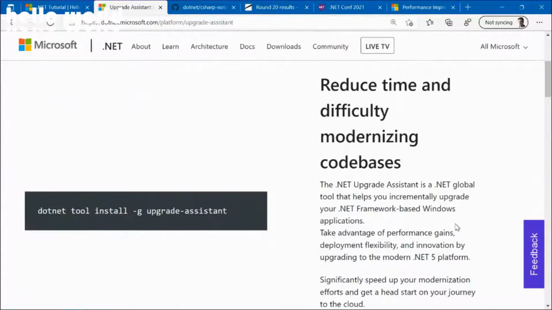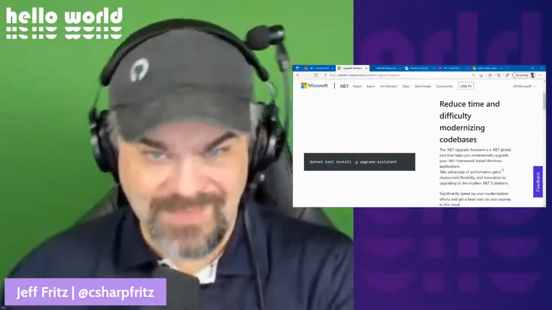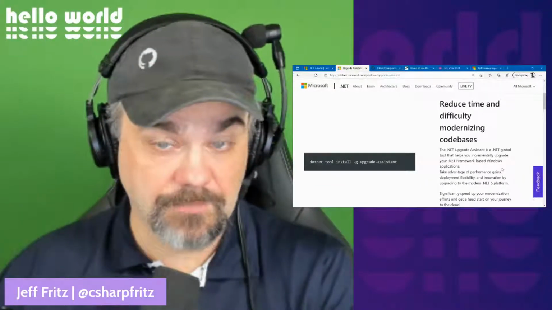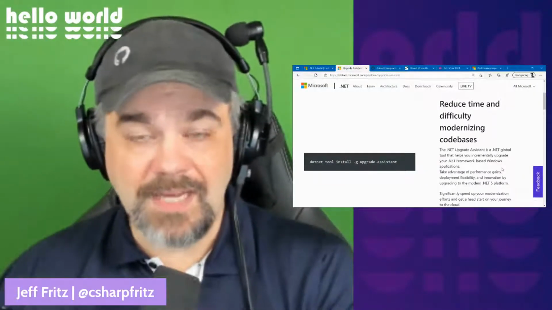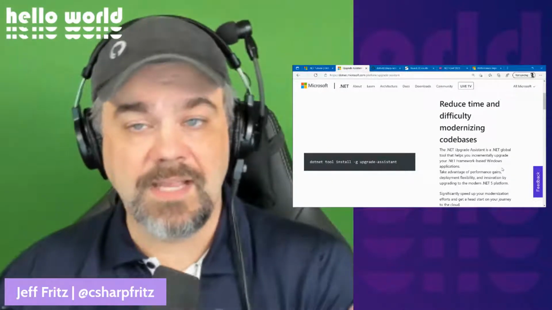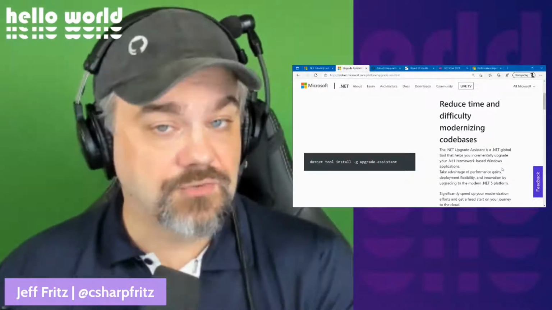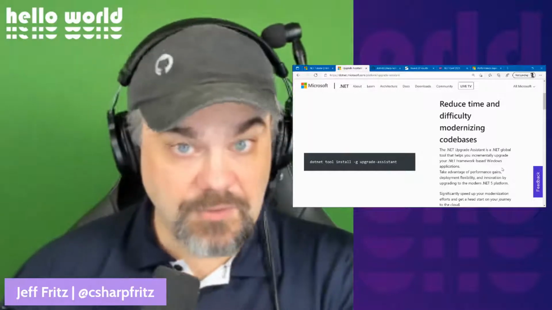Now, if your application is something like web forms or WCF services that aren't supported in .NET Core, in .NET 6, it's not going to be able to get you into that version of the framework with that application. That's okay. We still have some guidance for you. We have some documentation that'll get you pointers that'll hopefully get you started in the right direction so that you can